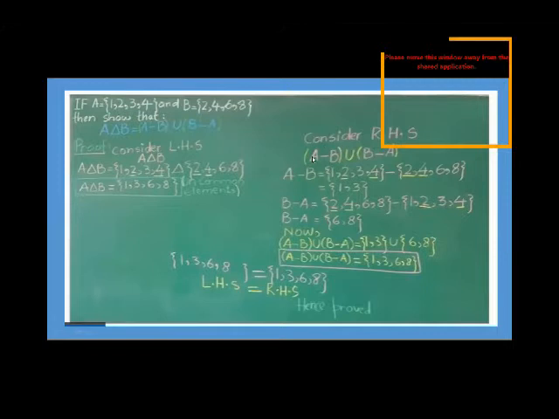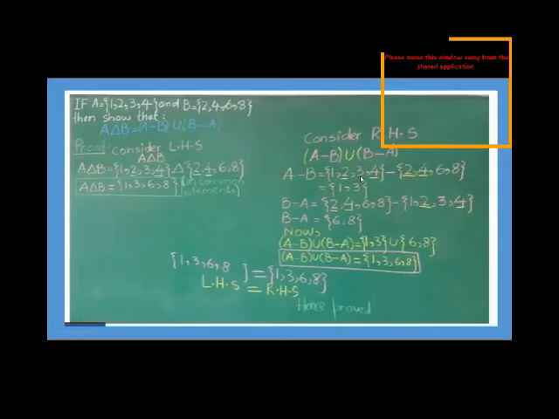On the right hand side, we have A minus B union B minus A. So we find A minus B. We write A minus B: set A, minus sign, then set B. Compare the two sets. I have underlined the elements 2 and 4 in both sets because they are common elements. So we ignore the common elements. Then we see what is given in first position. Set A is given at first position. So we take the uncommon elements of set A, which are 1 and 3. In this way, we have found the difference between two sets.